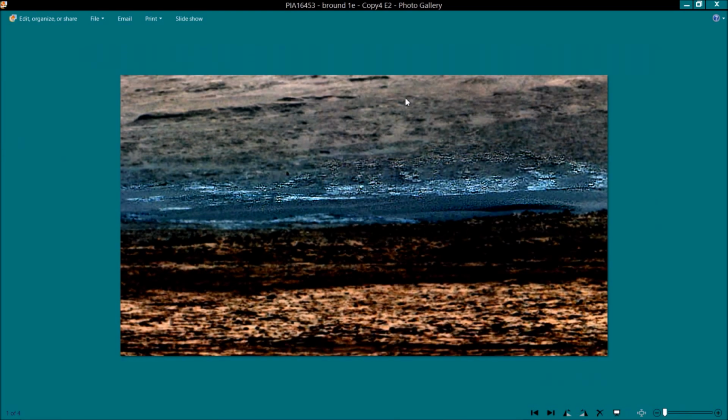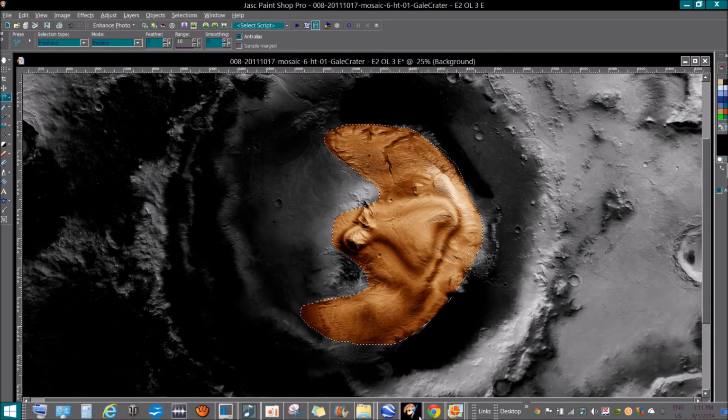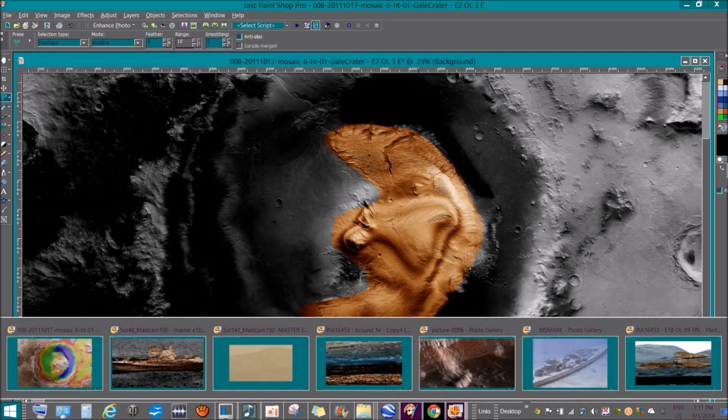I think at some point Mount Sharp, or whatever it is, the big structure, was bombed, and they may have had a war up there with somebody or something in the distant past. And not all the craters on Mount Sharp and around Mount Sharp are caused by meteor strikes or whatever. I think a lot of them are bomb craters, and a lot of the ships and aircraft that I've found up there do have lots of signs of damage. I mean, a lot of them could be very ancient,